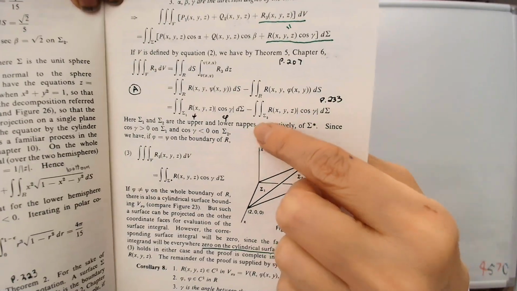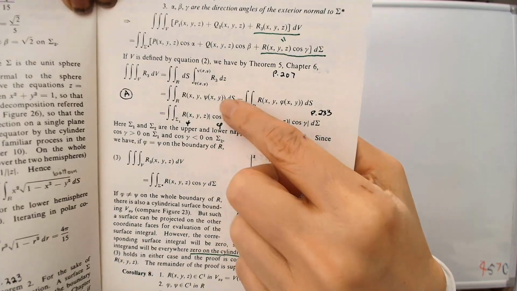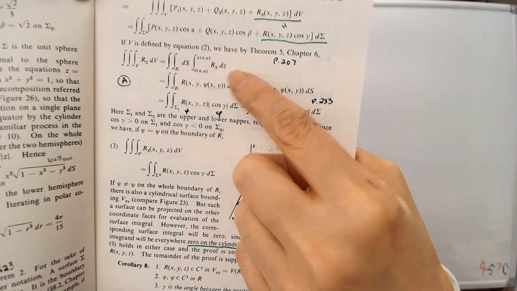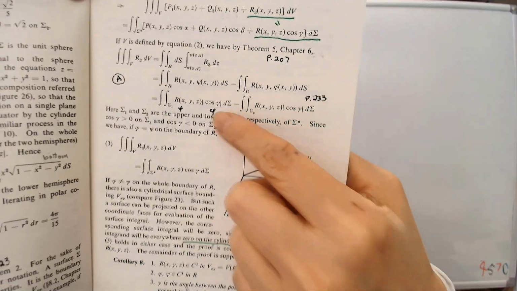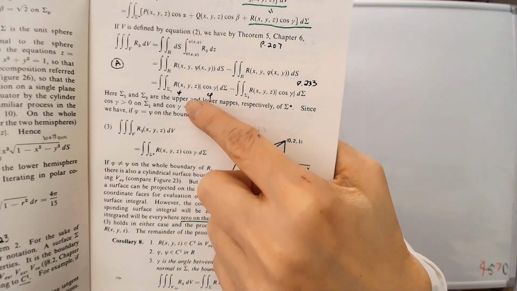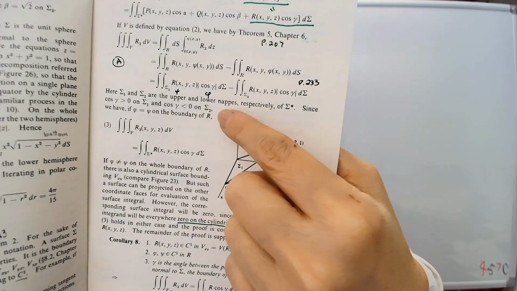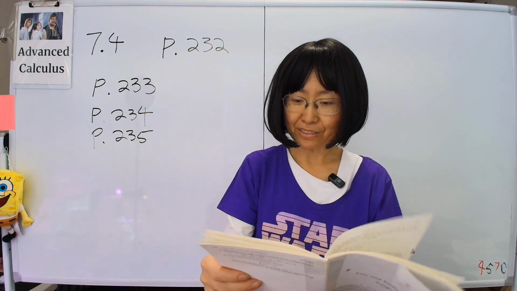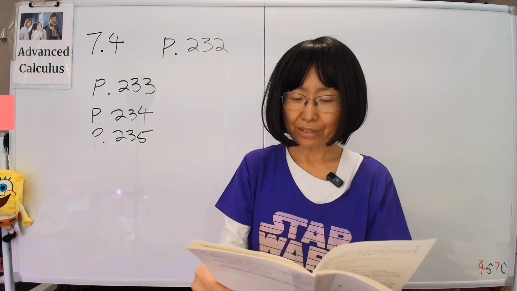That we'll call sigma 2, and the top one I'll call psi, and this will be called sigma 1, the surface. So we're integrating over the top one, and sigma 1 is the upper one, sigma 2 is the lower one. The book used the word nap; we'll take that to mean surface. So then we have,